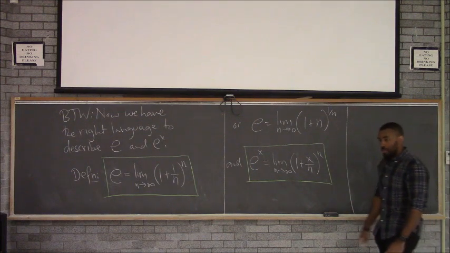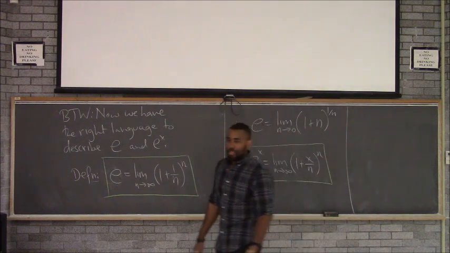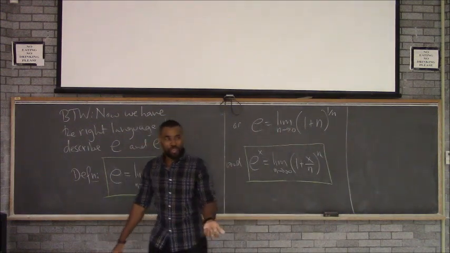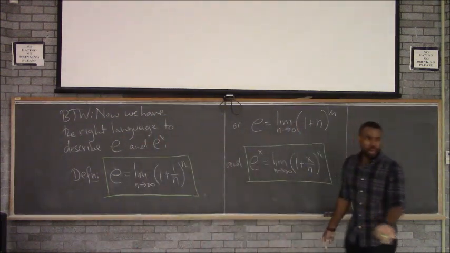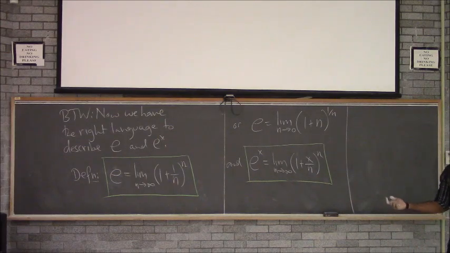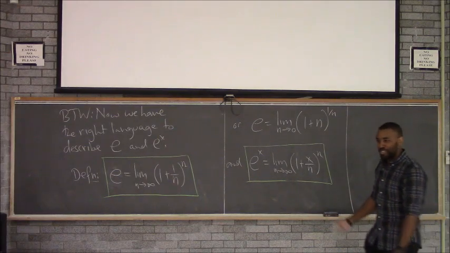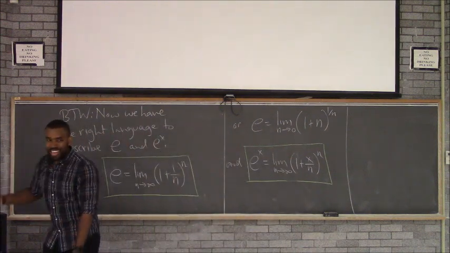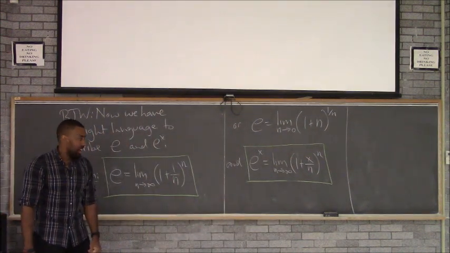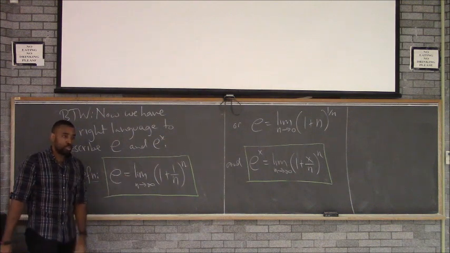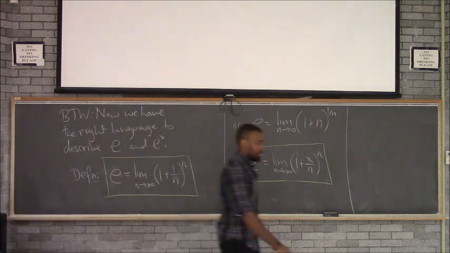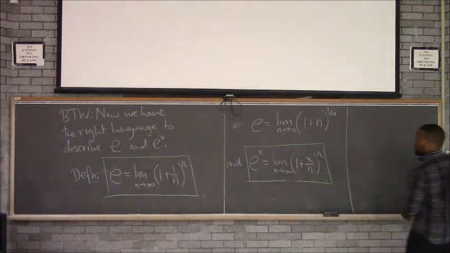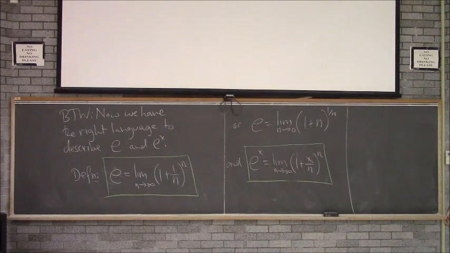Not the fundamental theorem. I'm talking about the power rule. Surprisingly, not a lot of people remember the fundamental theorem exactly. But the power rule, everyone remembers the power rule. Oh yeah, derivative of x squared is 2x. Derivative of x cubed is 3x squared. Like 10 years later, you ask someone, they'll remember that. But they won't remember anything else. Turns out we're going to use this to prove the power rule. You'll see it when it happens. It's going to be cool. Yeah, so I just want you to be aware of that. So that is pretty much how you want to think of E now and for the rest of your life.